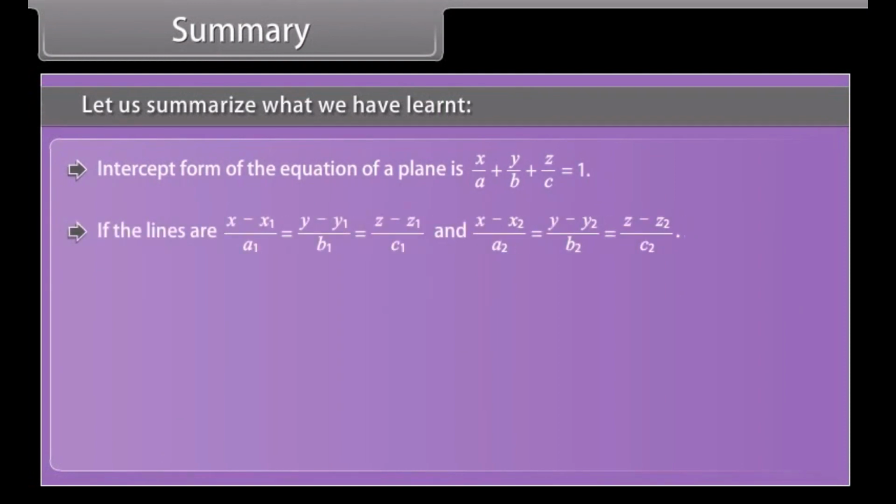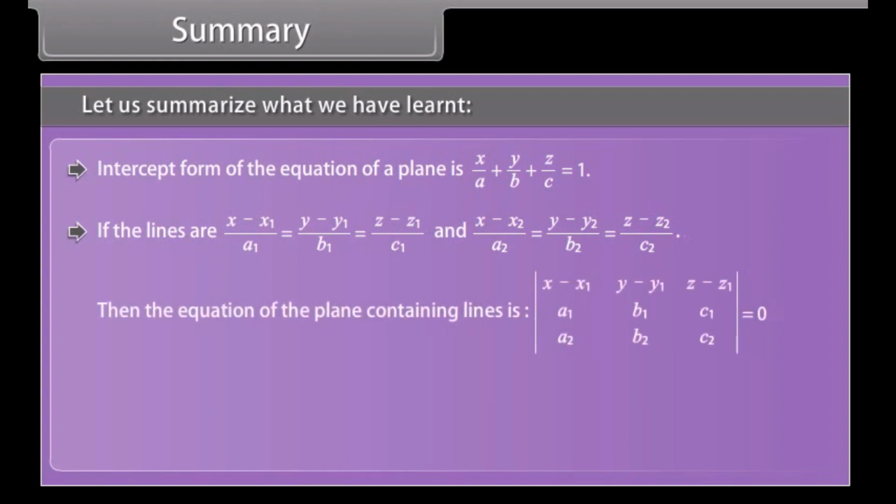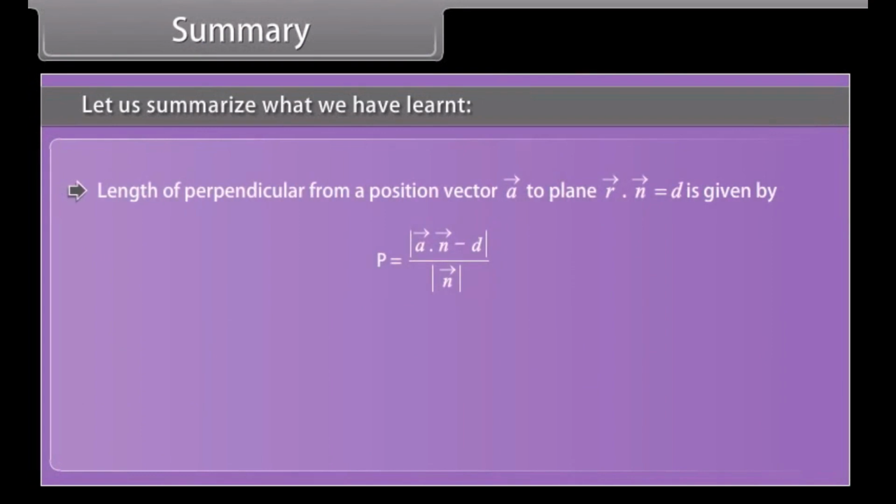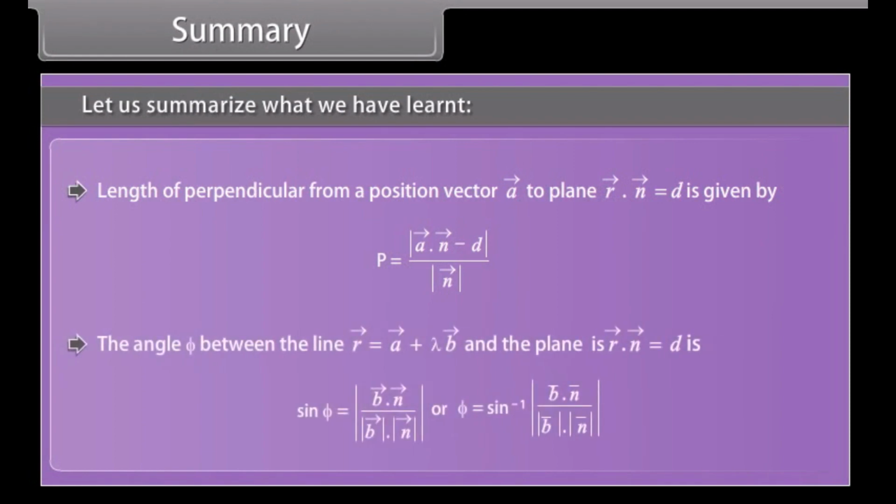If the lines are given, then the equation of the plane containing the lines is. If theta be the angle between two planes, then theta can be written as. Length of perpendicular from a position vector A to plane is given by. The angle phi between the line and the plane is